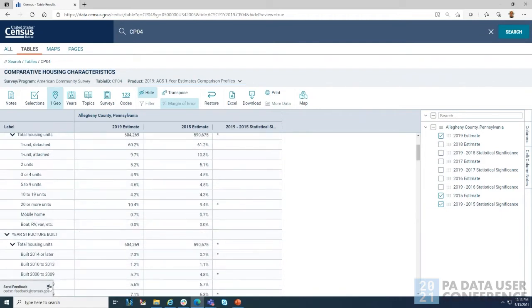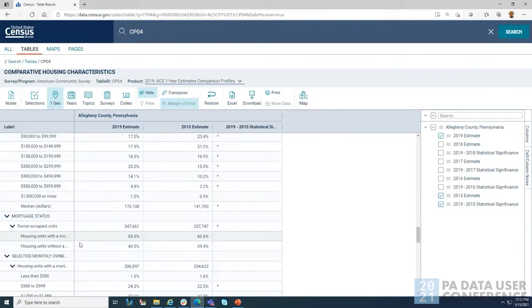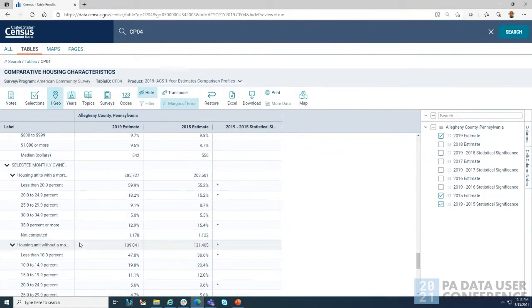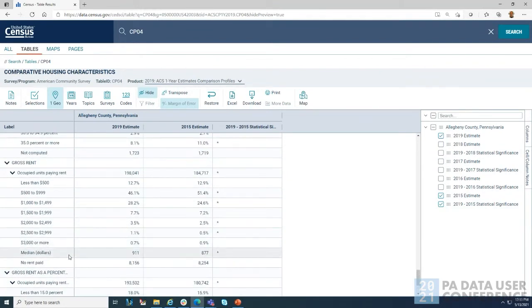So going through, you can X this out if you'd like, just reminding people to send feedback. We talked about median rent. I'm going to scroll way down because these tables are large. Median rent in 2019 in Allegheny County was $911, and then in 2015, it was $877.